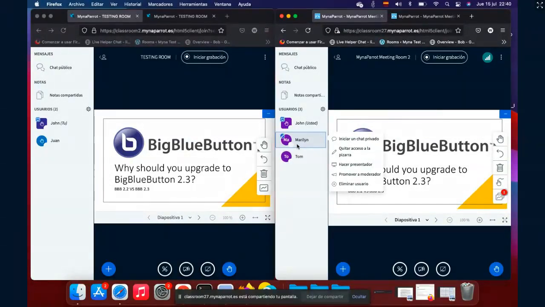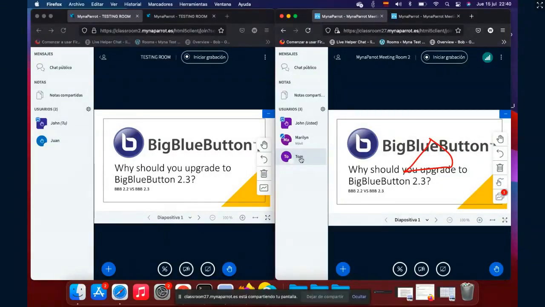Because now I'm using my phone as the third user, Marlene, I already gave her permission to use the whiteboard. Let's see how it looks if Marlene is working on the whiteboard. Okay, I'm writing something. You see that? Of course, before you could also show who was writing on it, but now Tom doesn't have the permission, so he cannot do that.